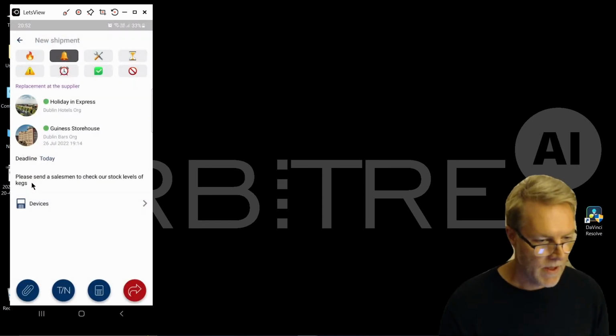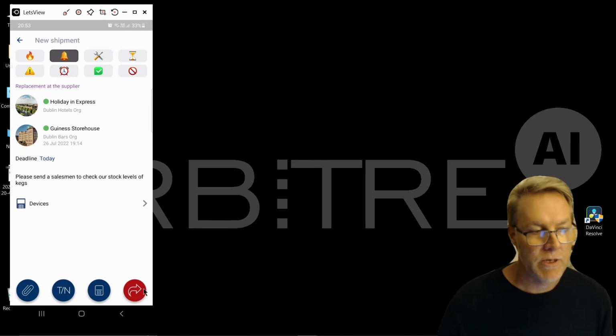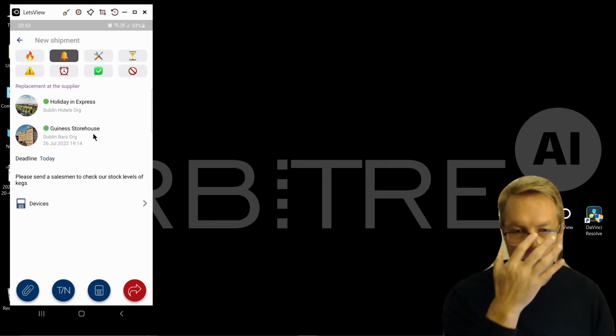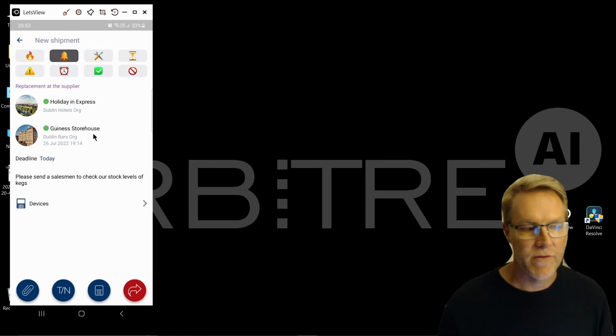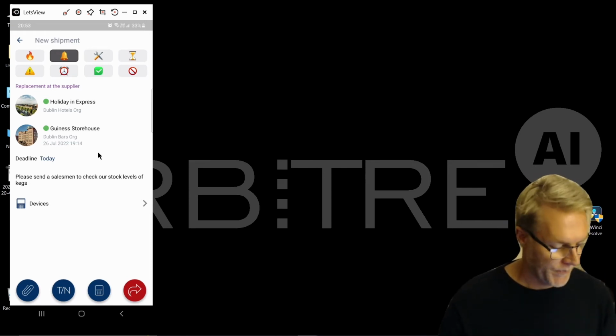Okay. And now once I've added this mandatory field here in description, you will notice the red icon has changed color, which means it's now possible to create the shipment. With all the employees following the timeline, it's going to pop up on their feed. They're going to be automatically notified. That is how easy it is to use the software. So before I do that,